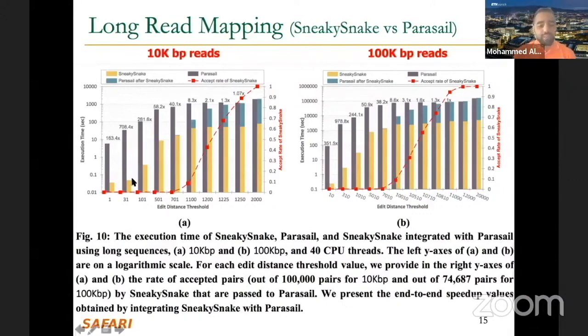In the yellow columns, you will see the execution time of SneakySnake only, the filtering. And in the gray columns, you will see Parasail. Just running SneakySnake alone and running Parasail alone, you'll get these plots. And now, if you go to SneakySnake, you get the accepted pairs, and you try to run Parasail on only the accepted pairs, you'll